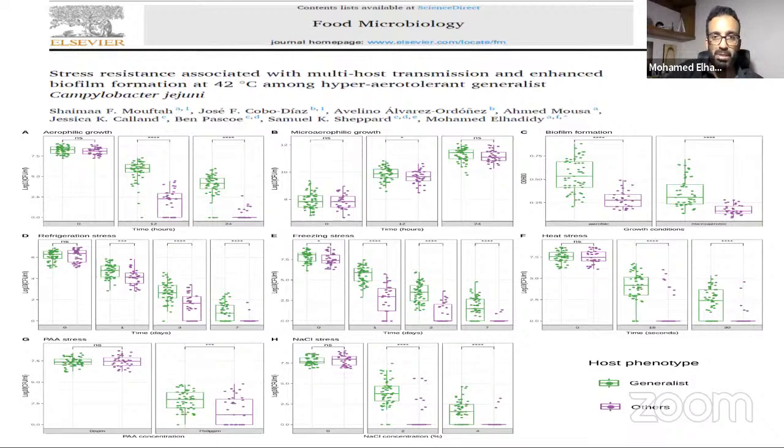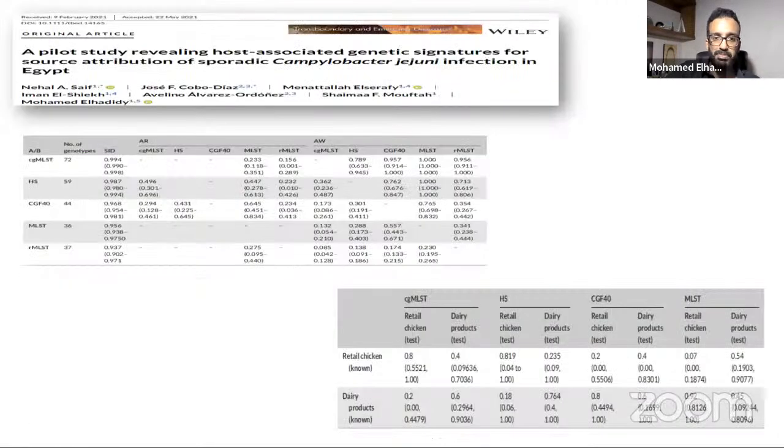So this was a paper that we published last year in 2021, and as I mentioned, it's a kind of microbial ecology study using insights from our sequencing of 112 Campylobacter isolates from different sources. We had Campylobacter from cattle, from chicken, as well as from human infection. By comparing them, we have a microbial ecology study about the route of transmission of these bugs from the agent into the cycle until it infects the human.